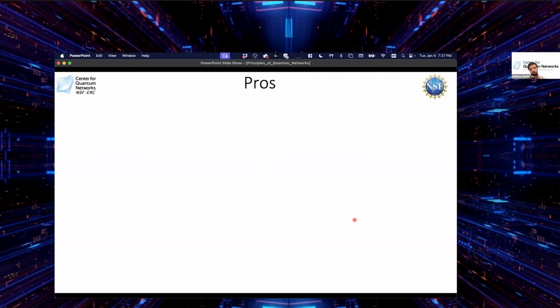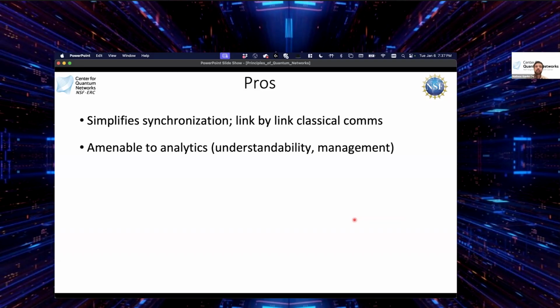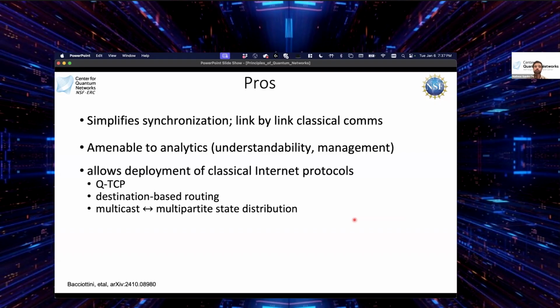And what are the pros here? Well, we do have a simplified synchronization approach because, in a connectionless architecture, we do communications on a link-by-link basis. It is very amenable to analytics because we know how to understand the systems. We've been studying them and implementing them for a while now. It's easy to understand and very easy to manage compared to more complicated